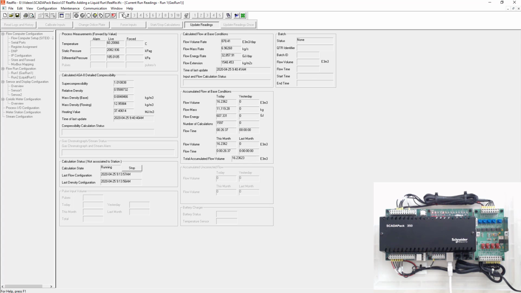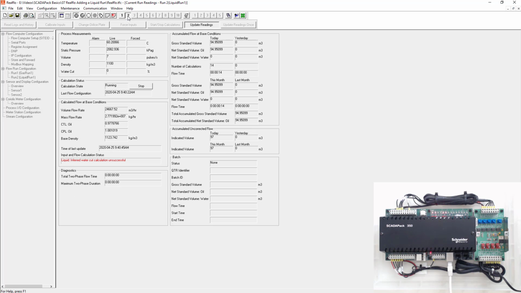So this will give our live readings for run 1, which we know is the gas run. We want to select run 2 because we want to look at the liquid run. We could see that temperature and static pressure, volume, density, and water cut coming in. So right now we're getting 7 pulses per second. So if we increase the pulses,